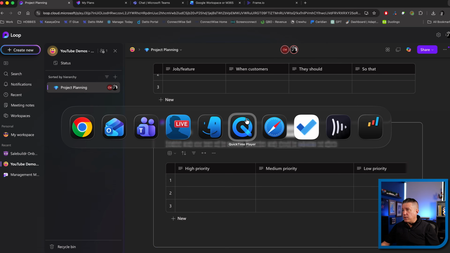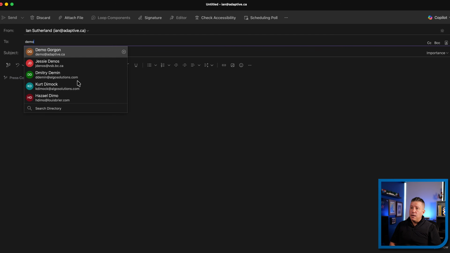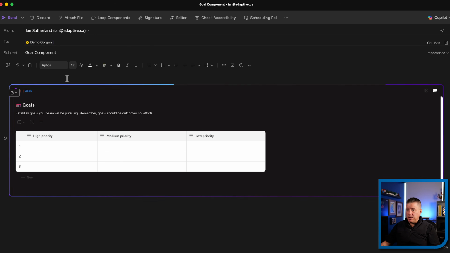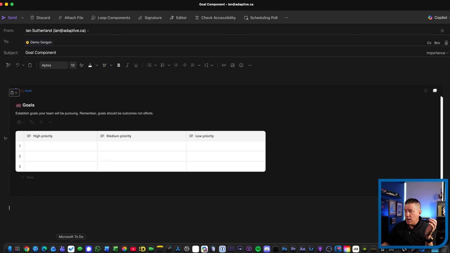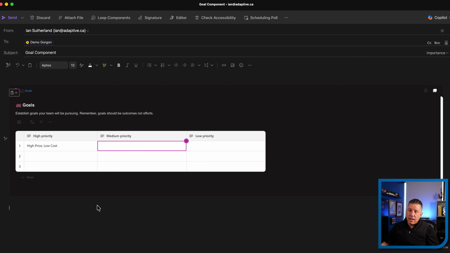and I can move over to, for instance, Outlook, and I can create a new email. So we'll send an email to my favorite demo monster, Demo Gorgon, and we're going to call this goals component. And I can paste this in here and I can send it over to the Demo Gorgon. And what'll happen here is you'll notice if I actually put something in here, high price, low cost. So if I paste that in there,